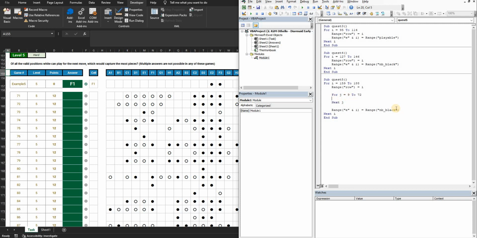And what we'll do is that we'll change this. So range G and i equals cells 150 and column G, like that. Okay. So now it will place the cell in the other sheet. And what we need to know is first if range playable equals yes. So if the move is playable, then